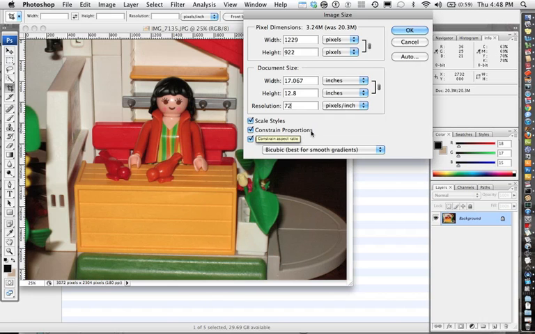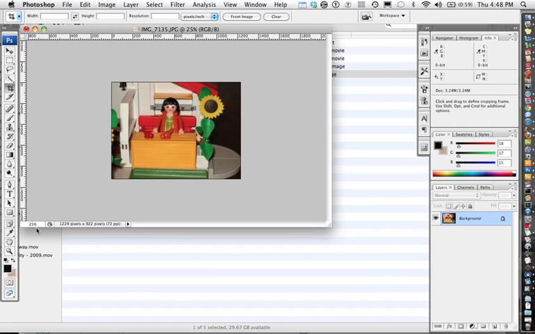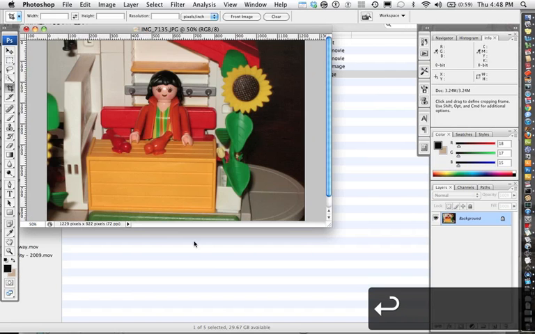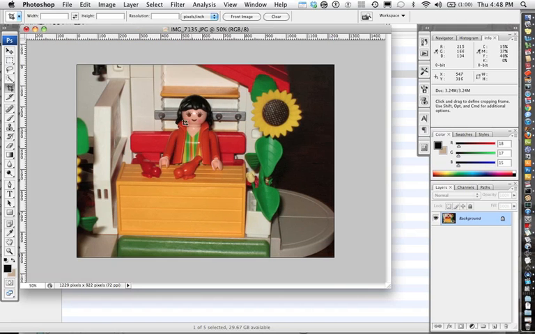Constrain Proportions should always be checked. If it's not checked, you can distort your image to a lesser or greater degree. For now, let's just save this at 72 dpi. We have a smaller image. You saw how it got smaller. We're going to view it at 50%, less size reduction. Okay, so we have this image, and what we can do is, if you're looking over here, this